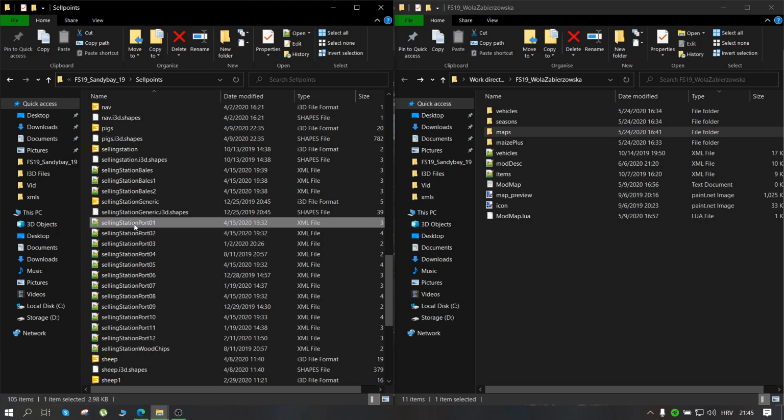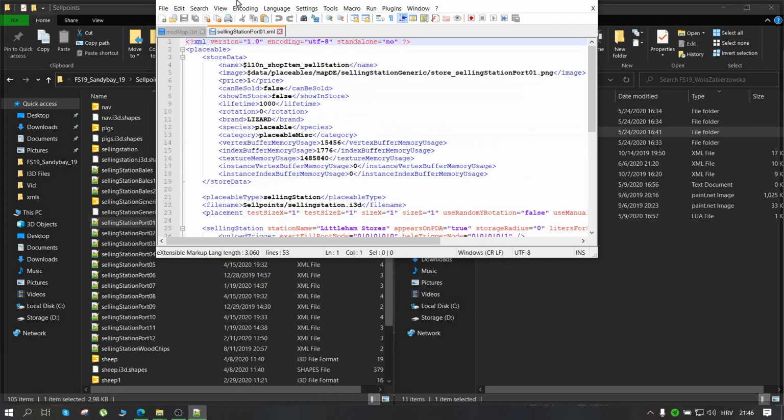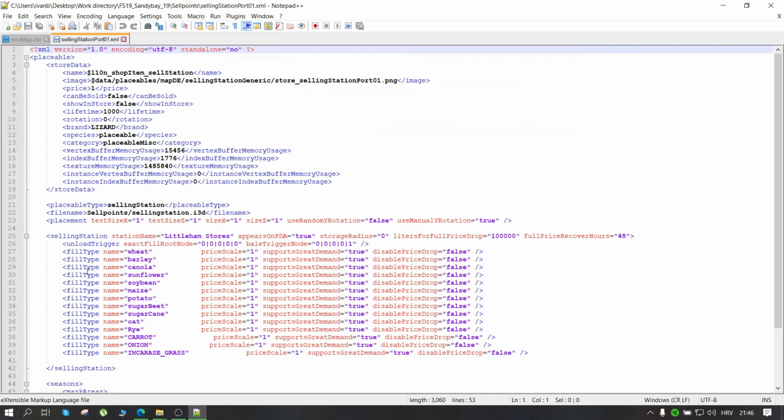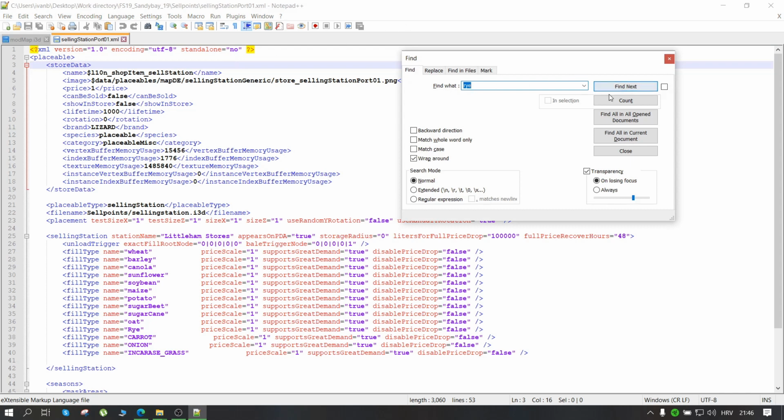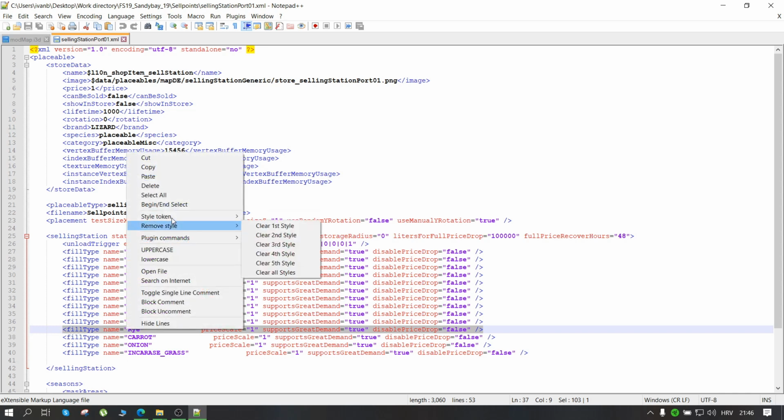For example, I think that for selling station port 01 should have the ability to sell my crop. So I'm going to open it with Notepad++. Yes. And under that XML file, you need to open the search function, type the name of your crop, click on find next, and you need to find the line field type name, well, the name of your crop, and the line should look something like this, and it should be under the selling station, something, it doesn't matter, just under the selling station. Mark the whole line and copy it,